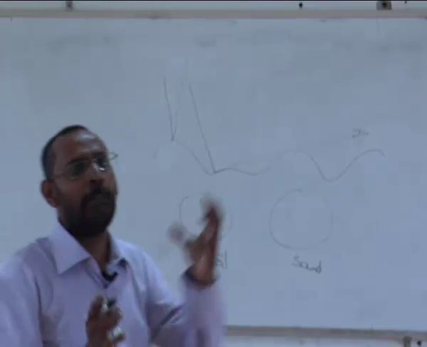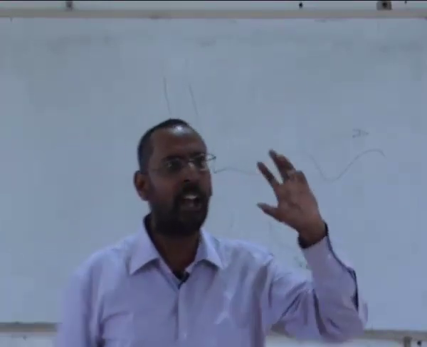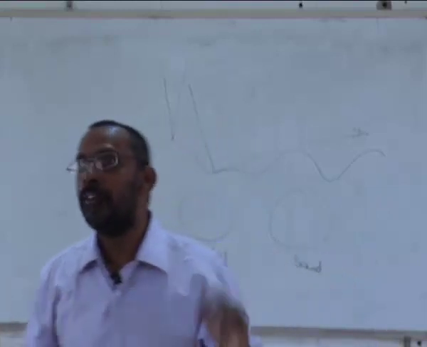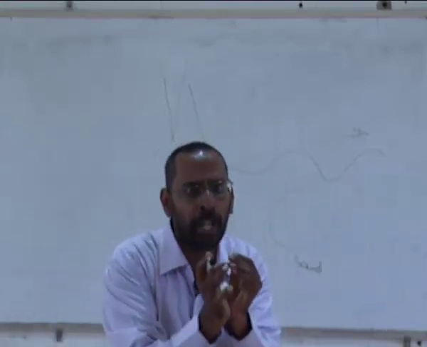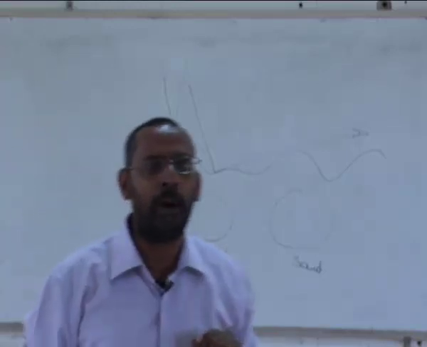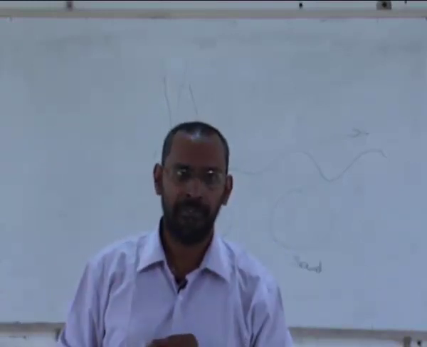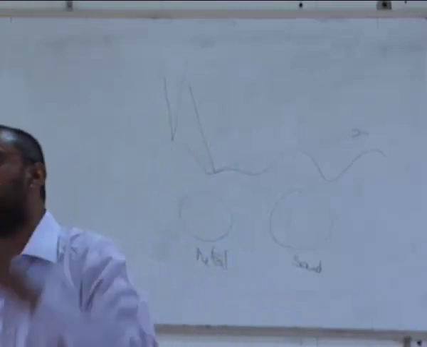If you want, what is the meaning of nucleation? Nucleation means atoms have to come together and form a critical size called R star. Unless an R star forms, nucleation is not complete. For the R star to form, you need atoms to come together. You need to provide some time for the atoms to come together and form that R star. If you are not providing that time, then the liquid continues to cool down below the melting point until a particular temperature where the R star has formed, okay, where the nucleation has happened.